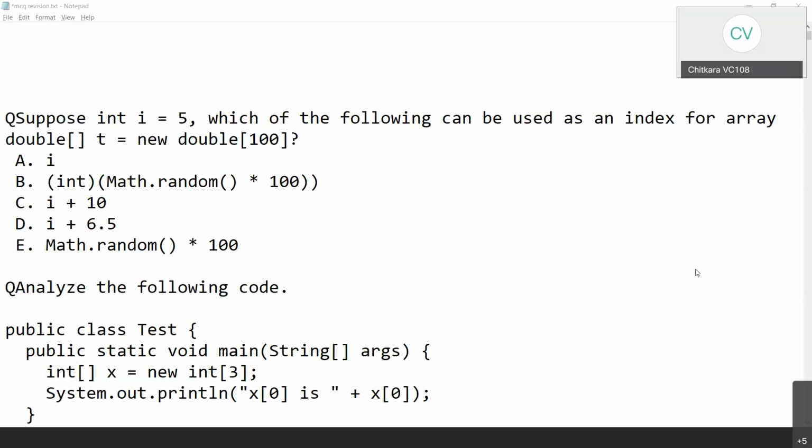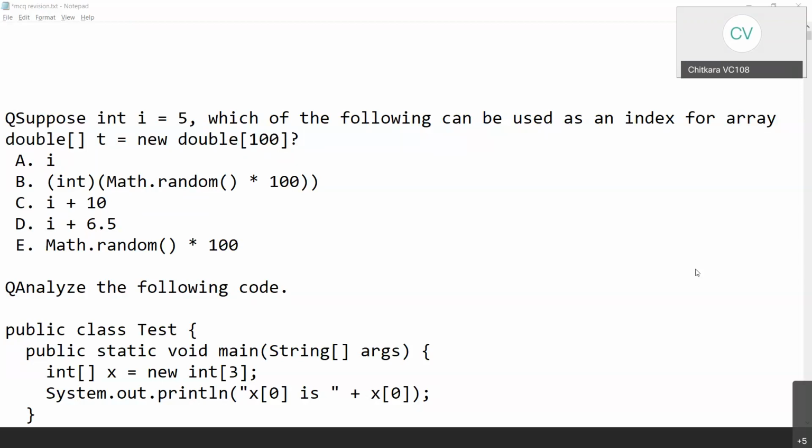Math.random() * 100 will also give me a double value. A double value cannot be used as an index; it has to be an integer value. So the correct answer is A, B and C.